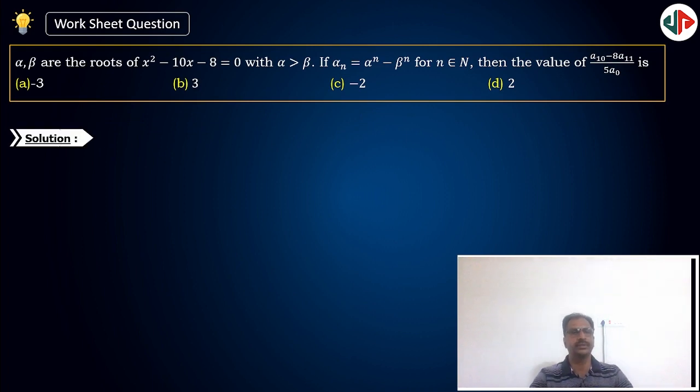Next, there is a correction in this question. Alpha and beta are the roots of that quadratic equation, and a_n, sorry, that is a_n. a_n is equal to alpha power n minus beta power n. And one more correction: the question is finding the value of